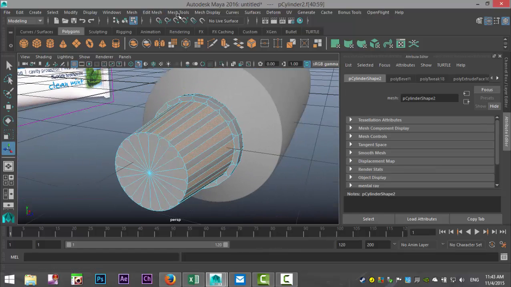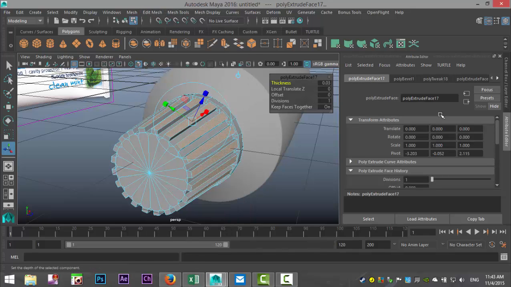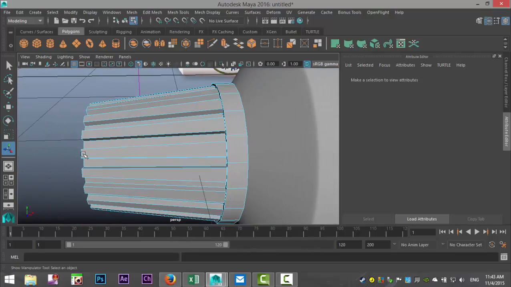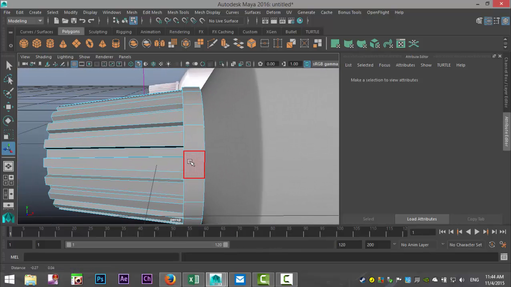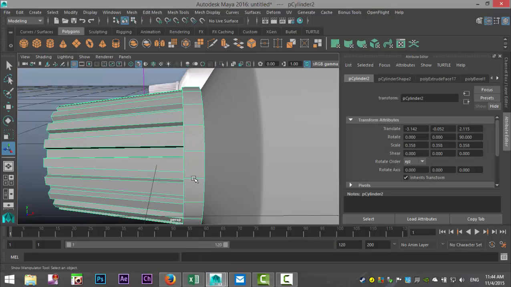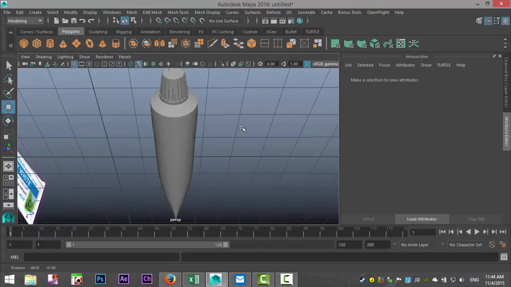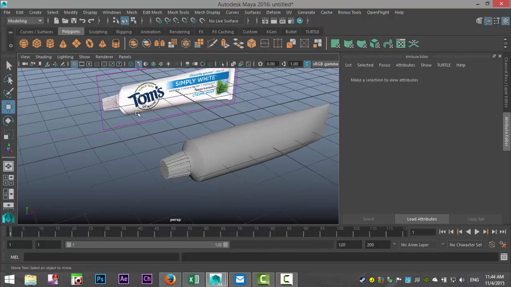All right. And we're going to go to Edit Mesh and Extrude. Let's do 0.03. Let's see how that looks. That's actually not bad. All right. We need to make sure that we have a slight opening between these two. So we're going to right click on Object Mode, hit W and pull that out just slightly. So that looks all right. Now we're going to texture this guy. So we'll get rid of him.